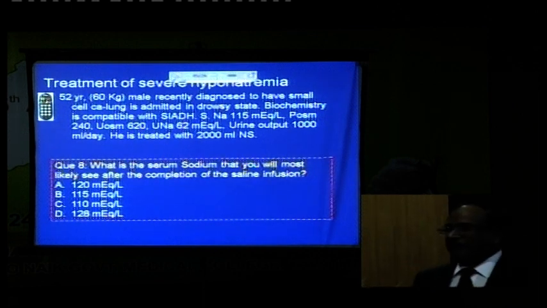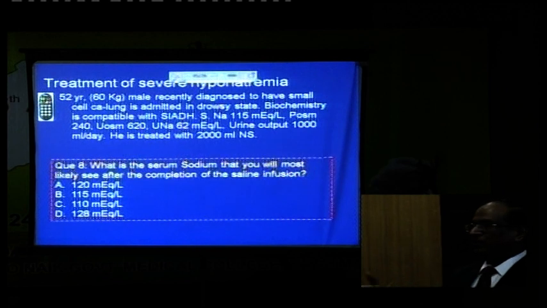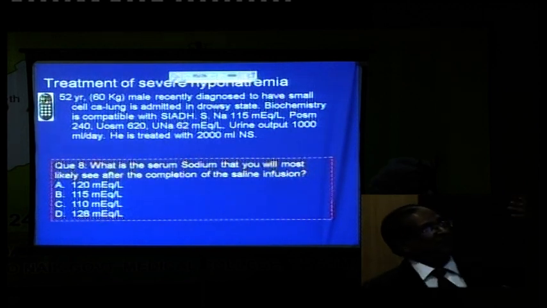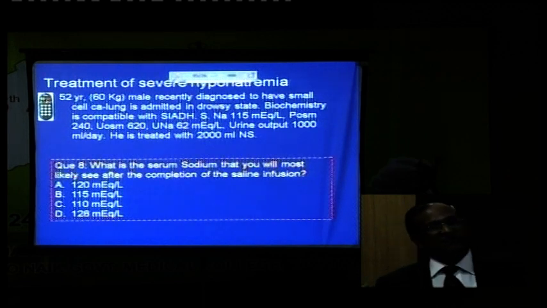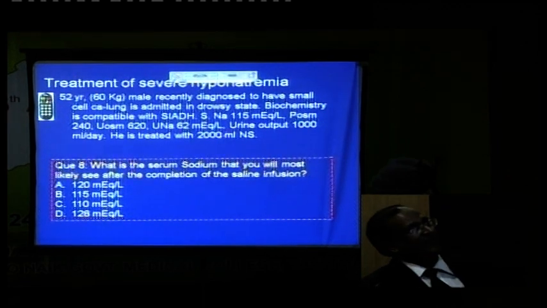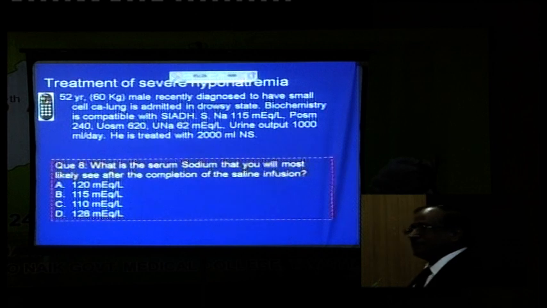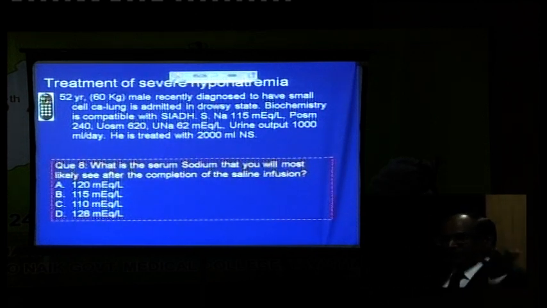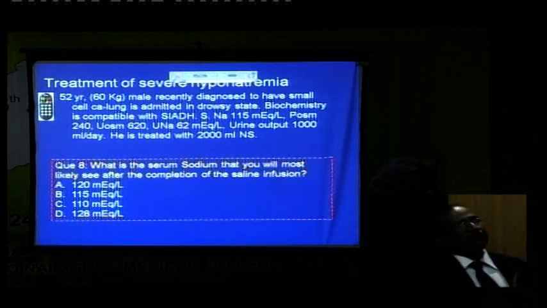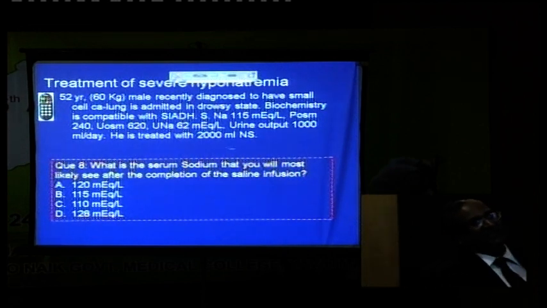This is another important thing with sodium disorders. You have a patient with SIADH. You all know what SIADH is, right? I'm giving you the diagnosis. He has a small cell carcinoma. He's got SIADH. Sodium is 115. The consultant comes and says, sodium is low. Give 2 liters of saline to this patient. Okay, we need to increase the sodium. So after giving 2 liters of saline,